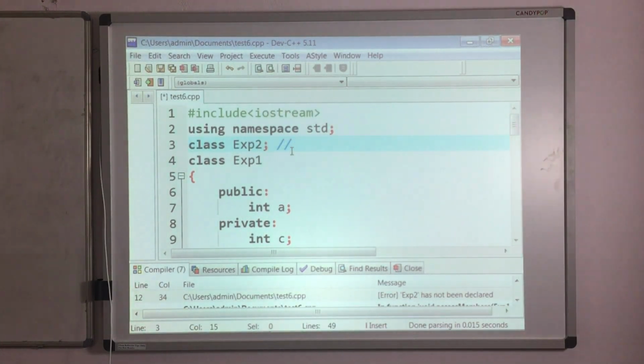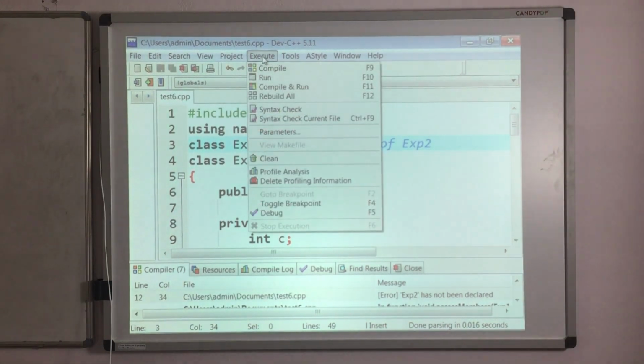This is nothing but the declaration of exp2, not the definition. We are telling the compiler that we are going to use the identifier exp2 like a class in our program. So now save this program and try to compile.